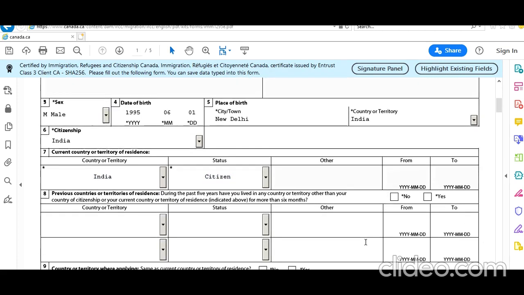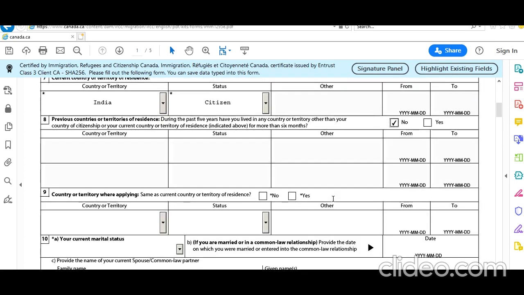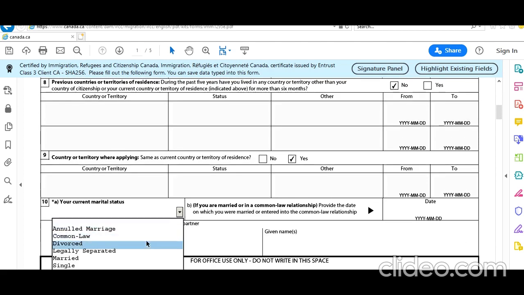Previous countries or territories: during the past 5 years, have you lived in any country or territory other than your country of citizenship or your current country of residence for more than 6 months? In this case it's no. Country or territory we are applying from: same, yes. Your current marital status: he is married.